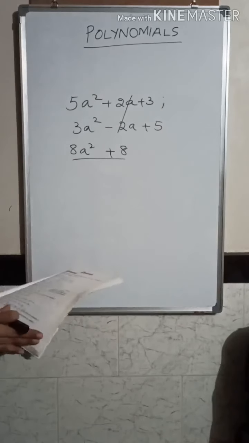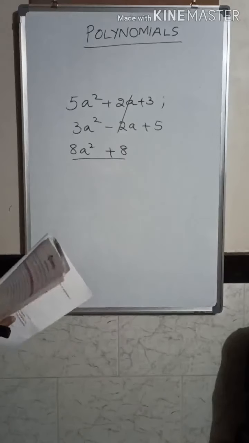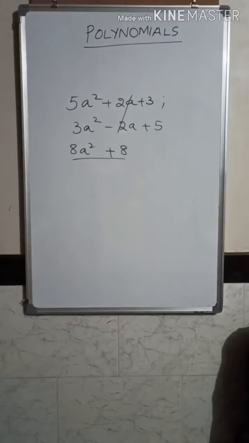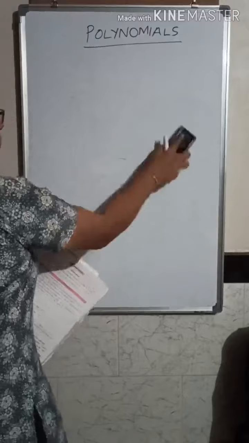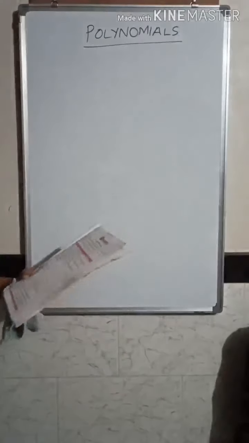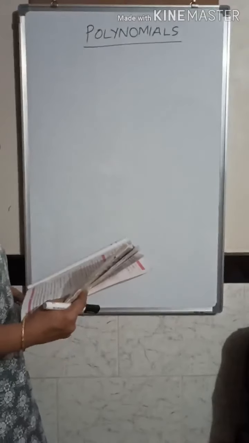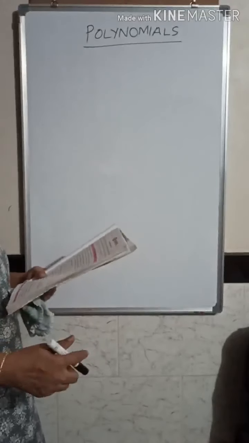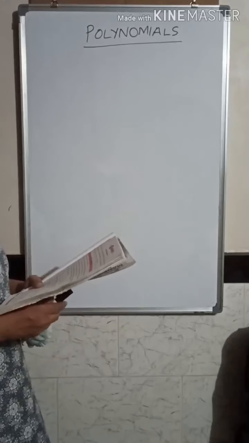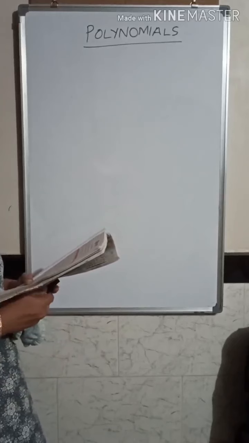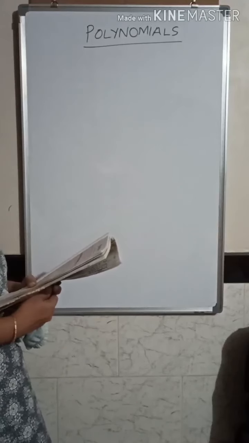So we'll go to the second exercise, that is 3.2, where you have got problems based on addition, subtraction, multiplication and division of polynomials. In practice set 3.2, the first one, you have to frame an equation. They have given a statement there, and you have to frame the equation. So now I'll take one problem from that. For a parade there are Y students in each row and X such rows are formed. Then how many students are there for the parade in all?